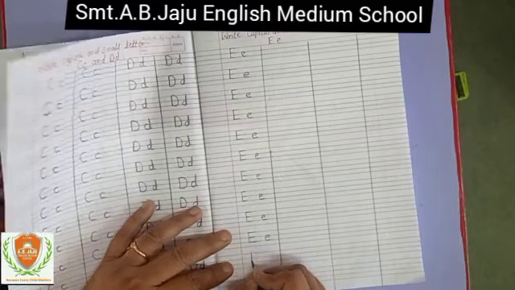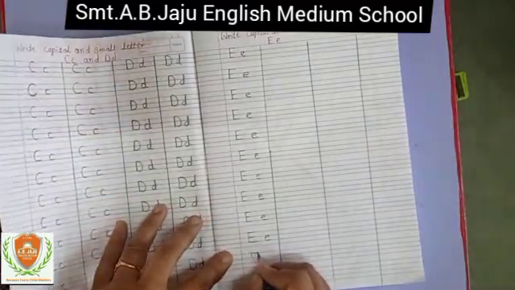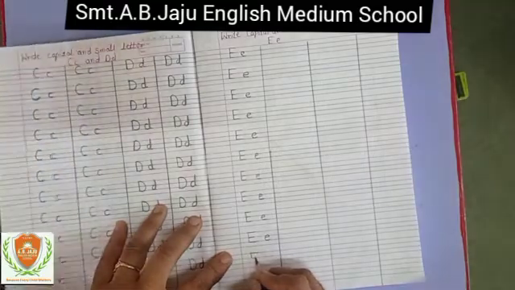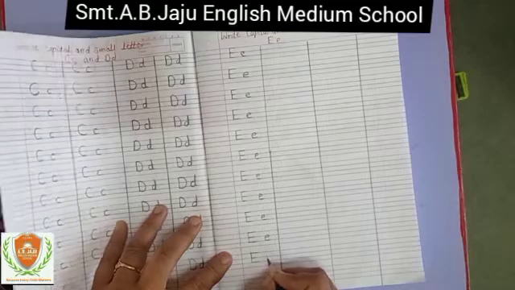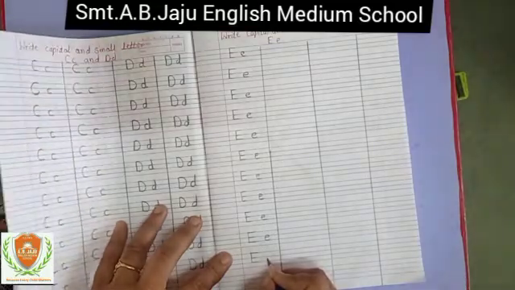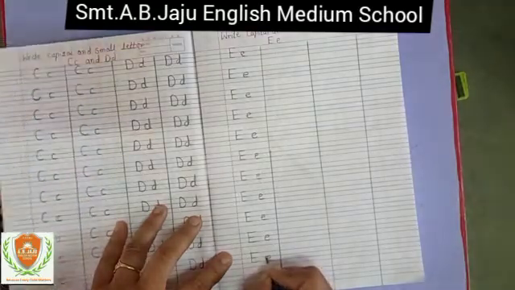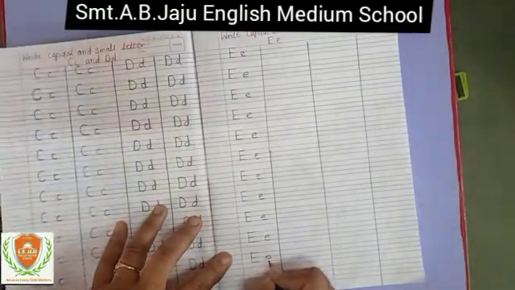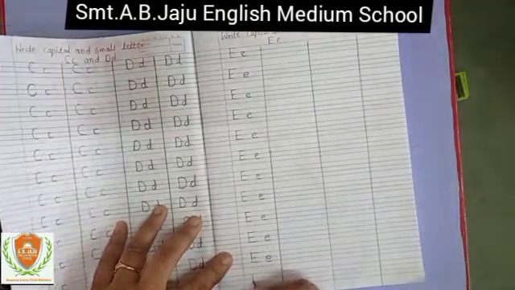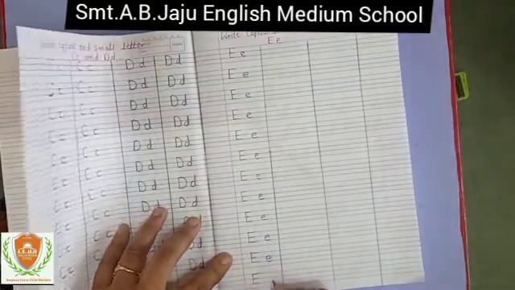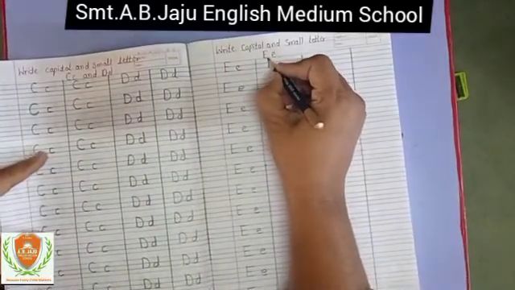First you have to write down from the start to the second blue line, standing line. Okay. On the pink line you have to draw a slipping line. On the blue line, slipping line. Again one more blue line, slipping line. So this is capital E. Now slipping line and turn and make in between two blue lines, a left side curve. Okay. So this is small e. Like this you have to write down capital E and small e.